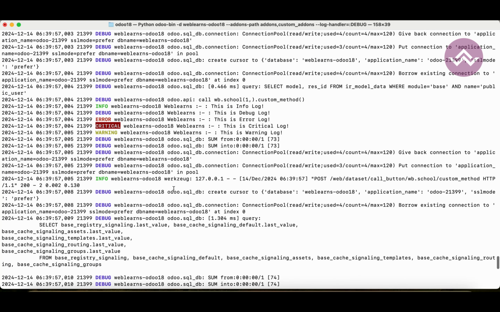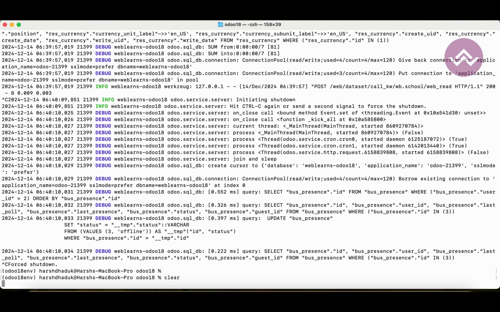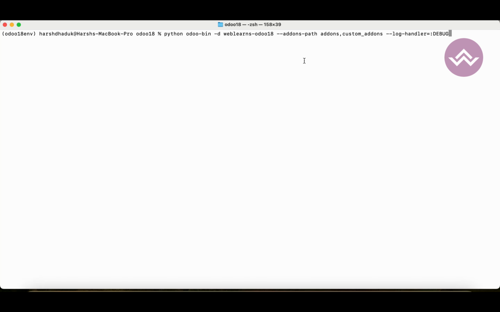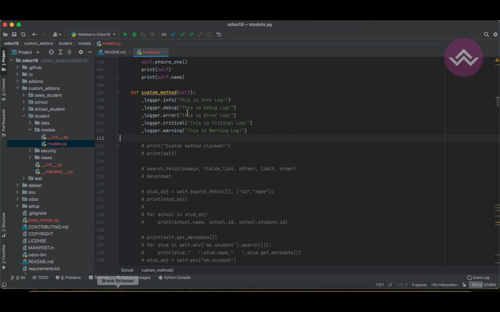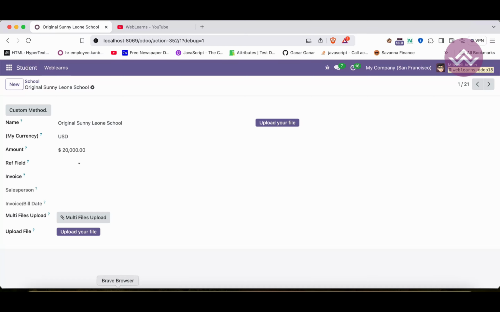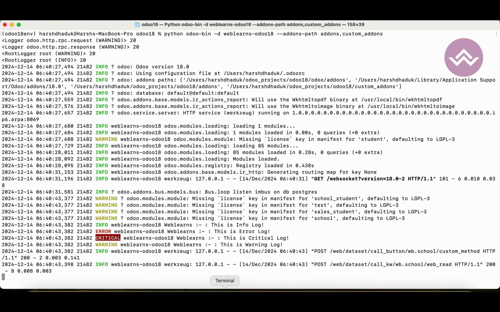now you can see these 5 different types of log messages including this debug, right? Now the question is, if you don't want to use this handler and still want to track some basic logs, then you don't need to use anything. By default it will track the info level, right? Info level means this part, the info, and by default you will see the error message and these logs, excluding this debug. Okay, so let's see, once I click here,